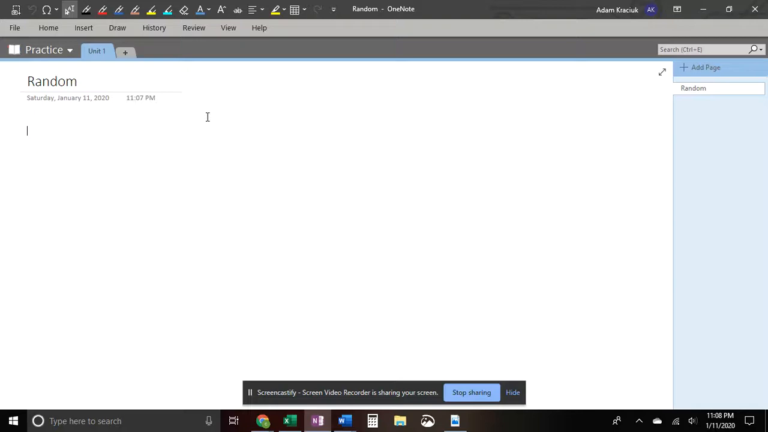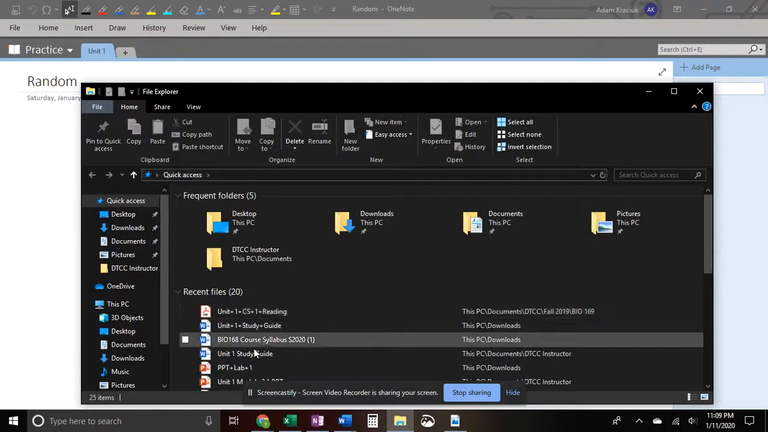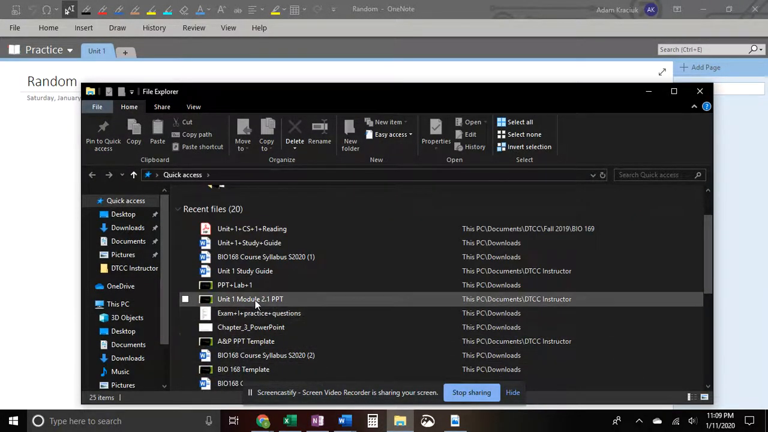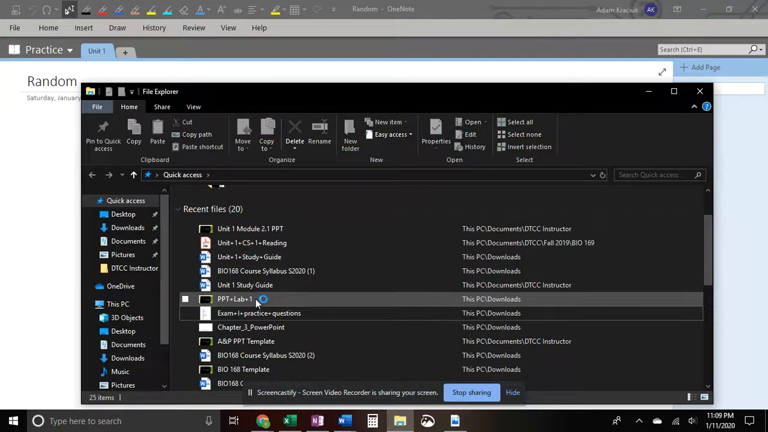Before I started using OneNote, I would write down every single thing in class, and to be honest with you, that's just an ineffective way to do things because in a lot of classes, and especially mine, the information's already there for you. There's no need to reinvent the wheel. If we were to pull up just a random PowerPoint here, for example, this one,